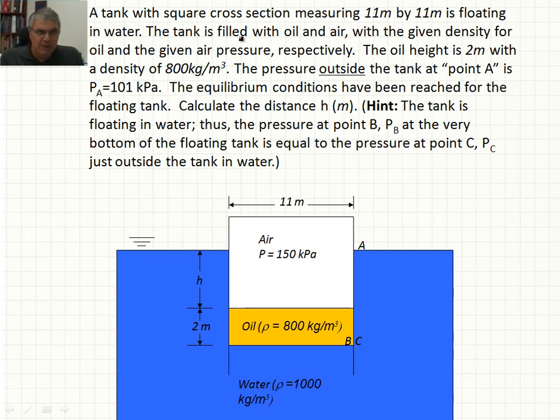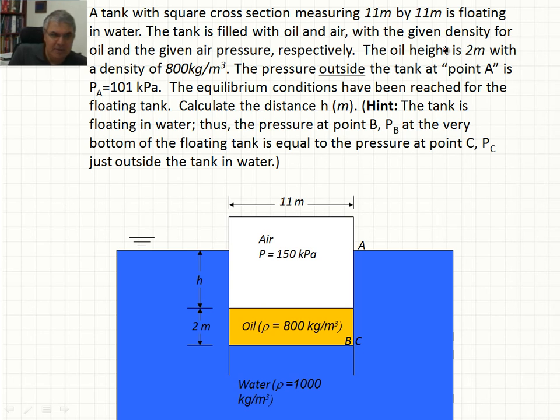The tank is filled with oil and air with the given density for oil and the given air pressure respectively. The oil height is 2 meters with the density of 800 kilograms per cubic meter. The pressure outside of the tank at point A is P sub A, 101 kilopascal. The equilibrium conditions have been reached for the floating tank, and your tasks are to calculate the distance h given